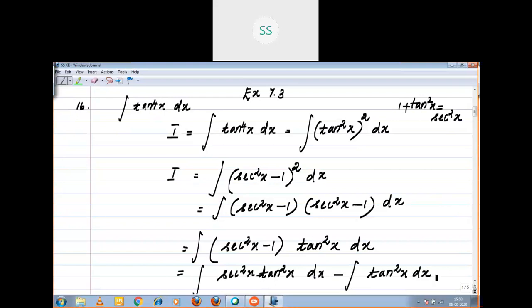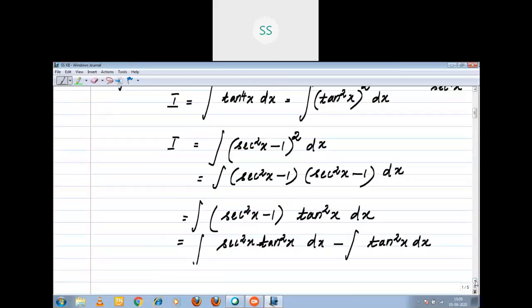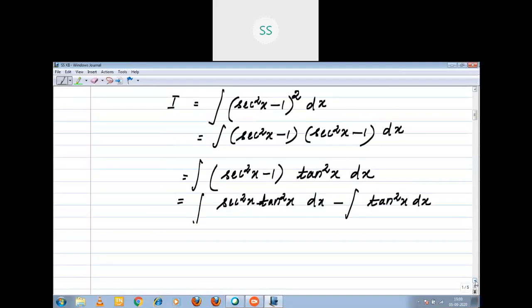You have to go through what I am doing, right? You have to be very careful, children, how I am splitting, how I am replacing, right? Now, the first one I am going to represent as I1. The second one I am going to represent as I2, that is integral 1, integral 2.